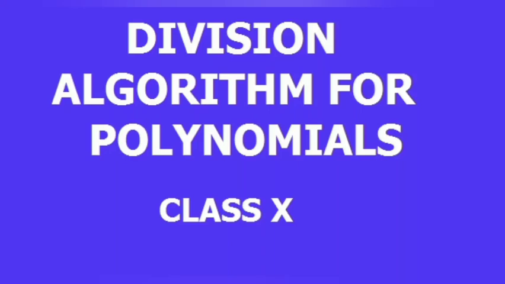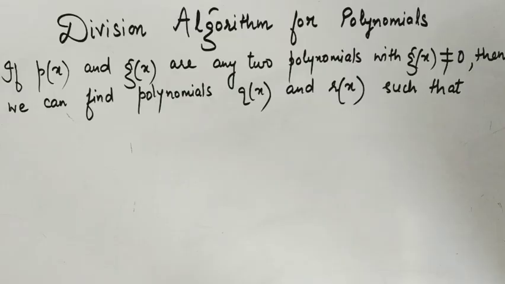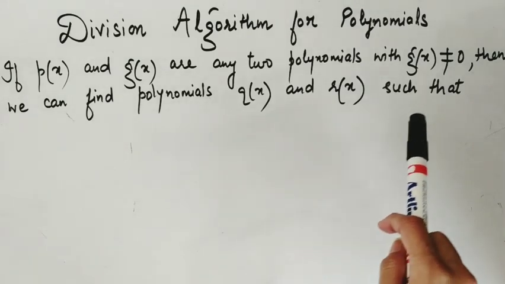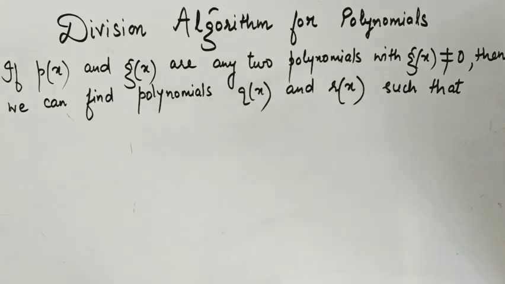Hello dear students, in this video we will understand the division algorithm for polynomials, a topic from class 10, one of the most important topics. The division algorithm for polynomials states that if p(x) and g(x) are any two polynomials such that g(x) is not equal to 0, then we can find polynomials q(x) and r(x) such that,